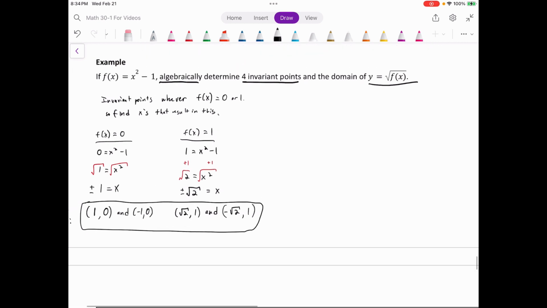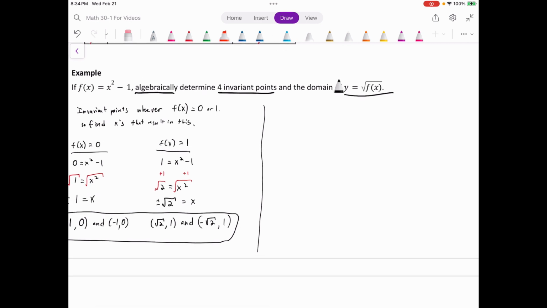Okay, what about the domain? Well, we need our domain, right? We know the domain for the square root of the function will just be wherever the original function was greater than or equal to 0, right? Wherever this was negative is not part of the domain for the square root, because you can't take the square root of the negative. So the domain of root f of x is just all values of x